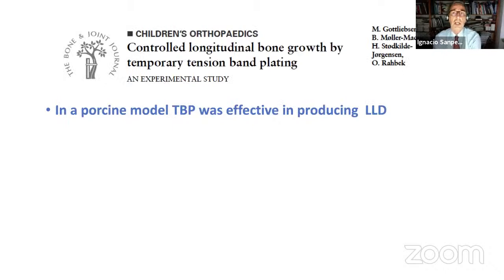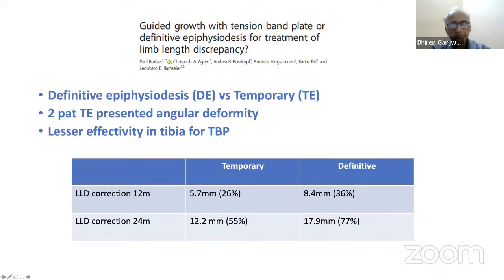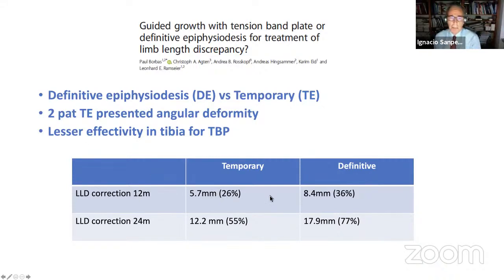The group of Arrow showed that tension band plating is effective in controlling growth in a porcine model. And there have been a number of studies comparing percutaneous epiphysiodesis versus tension band plating. One of them, the Borba study, showed that with the temporary system using tension band plating, an inhibition of only 26% was observed at 12 months versus 36% with the definitive. And at 24 months,